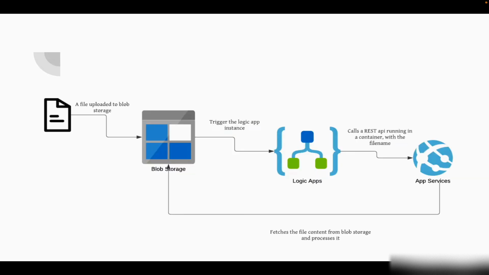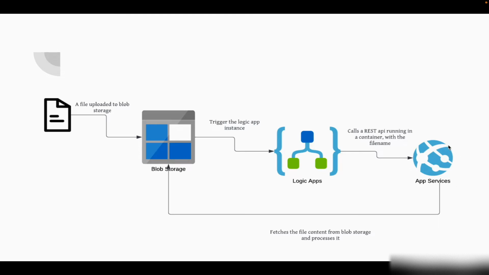So this is the flow diagram of the sample application which we will be developing, wherein we'll have a file being uploaded to a blob storage, and we'll have a logic app configured with a trigger, so whenever a file is uploaded on the blob storage, it will trigger your logic app workflow, which will contain information about what blob files have been uploaded, and that will invoke a REST API